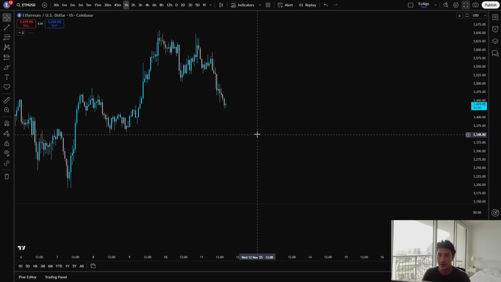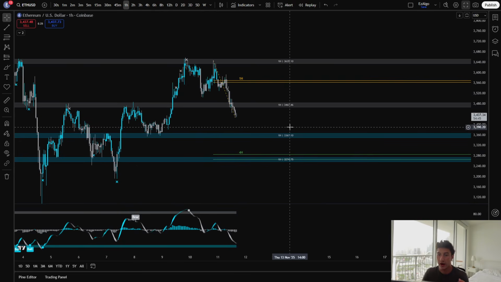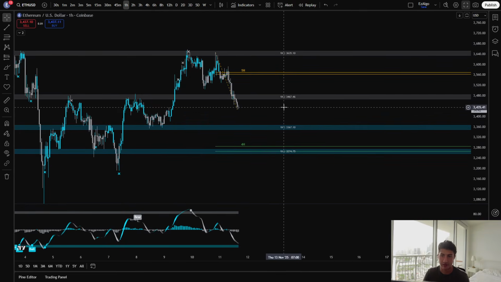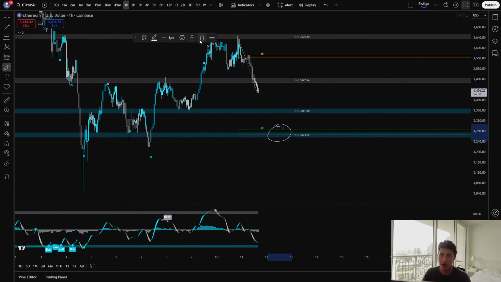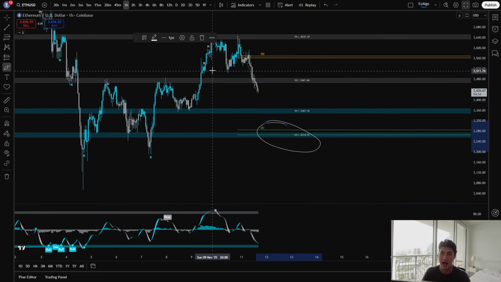Now let's go to another example here on Ethereum. So again, looking at this chart, where do I see a high probability trade? Well, I see we have the 4-hour golden pocket overlapping this key support zone. Okay, so this is going to be a high confidence,